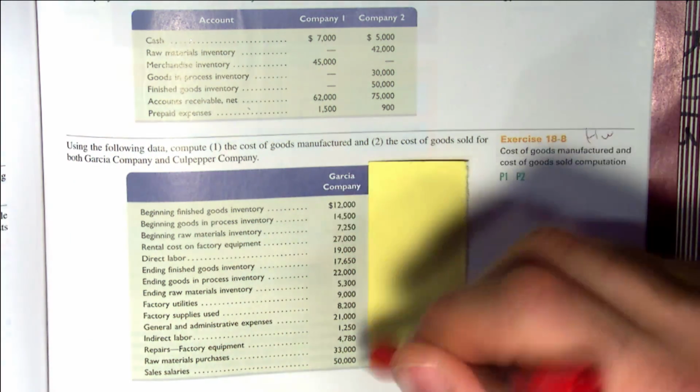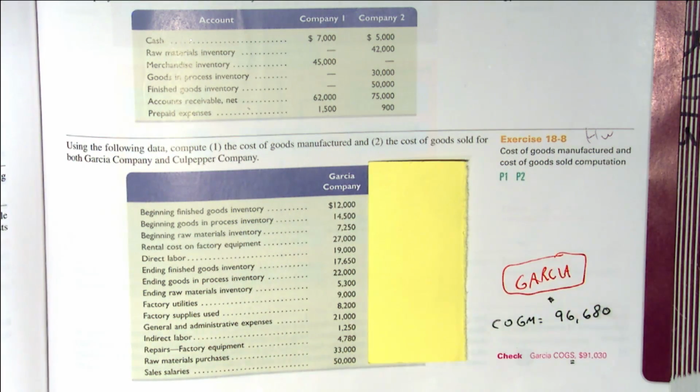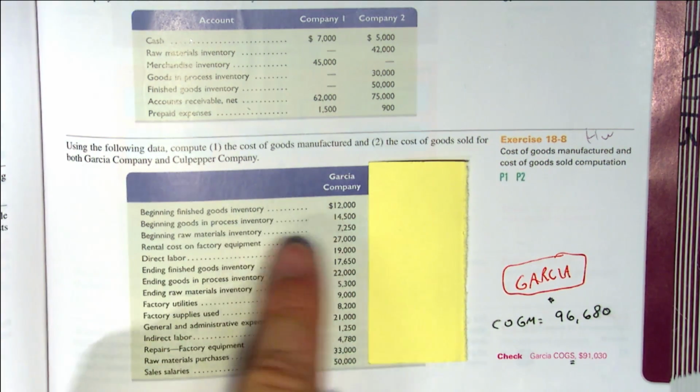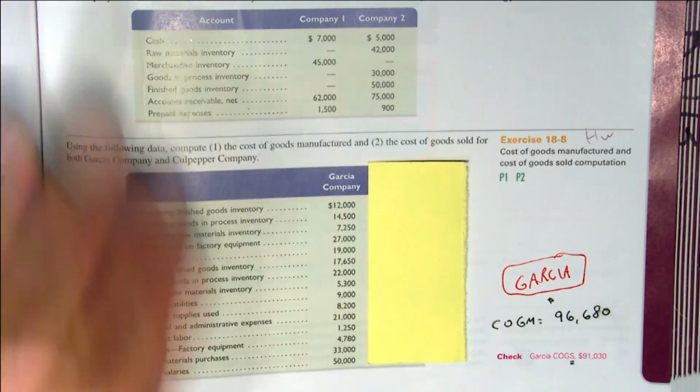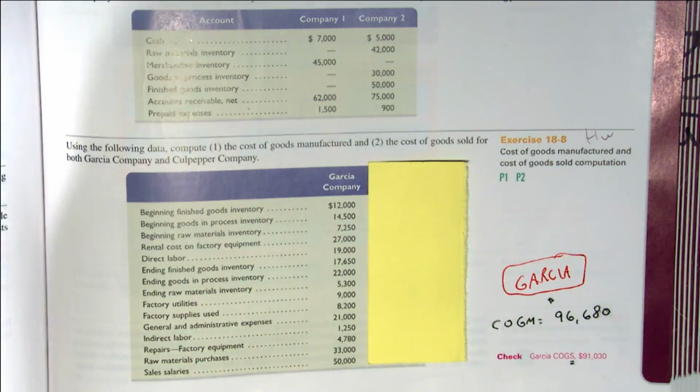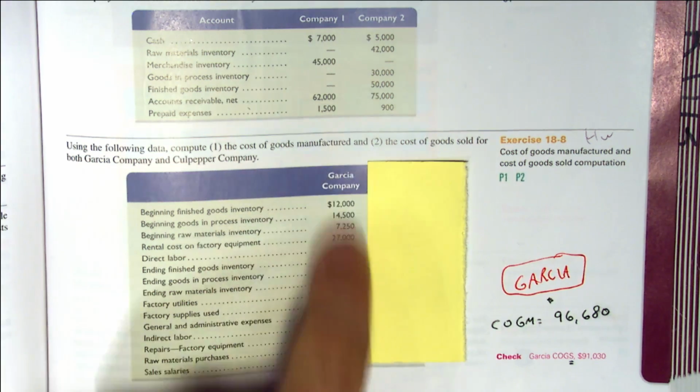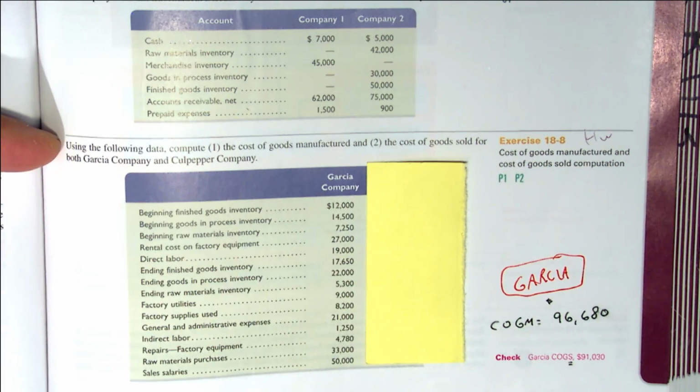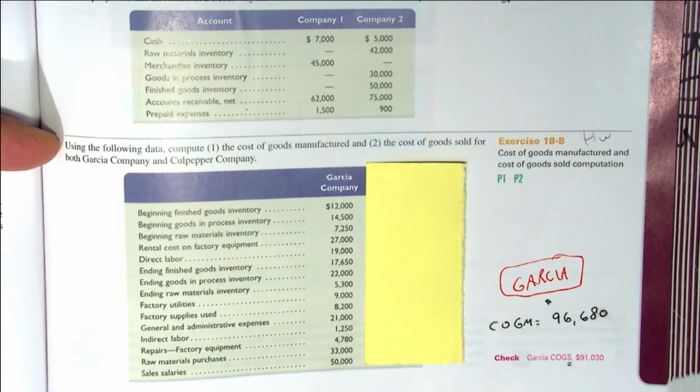So we are going to work on this in class. Now, they're going to roll the music, folks at home. Probably about 3 minutes into this, folks at home, take a look at the screen. I'm going to show you what the top section looks like. If you're just absolutely stuck, it'll help you get started. But I don't want you just to compute the number. I want you to write it out like that exhibit we were looking at. So let's work on this data for Garcia Company, exercise 18.8, while they roll the music.